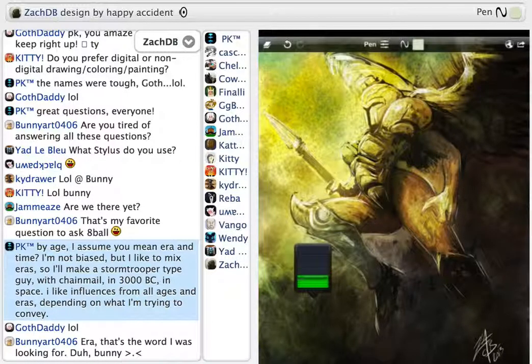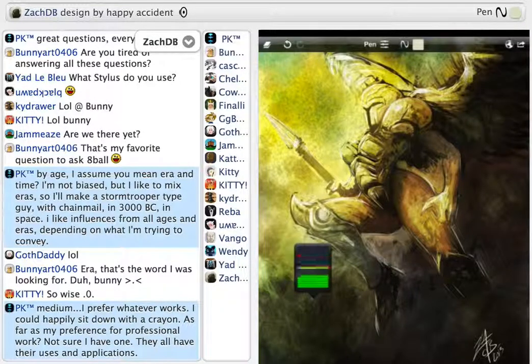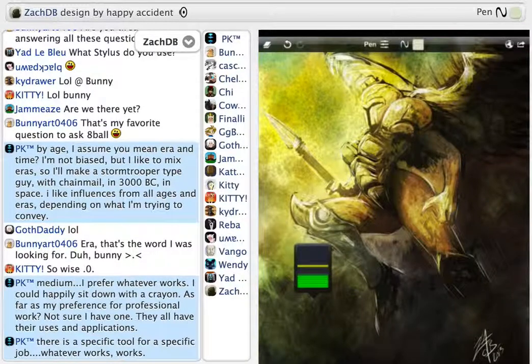Age, I'm guessing you mean what era and time do I like making armor and clothing, just as far as subject matter. I'm not biased, but I do like mixing the eras.